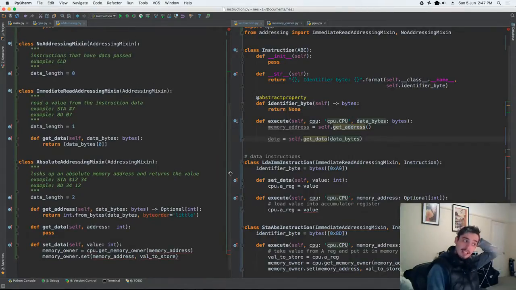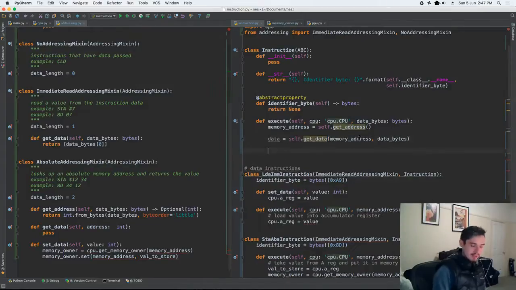And if it's a read absolute, then we're going to need to pass in the address as well. So let's pass in both, and then it can decide which to use. So we're going to pass in a memory address and some data bytes into our self.getData function, and then we're going to call